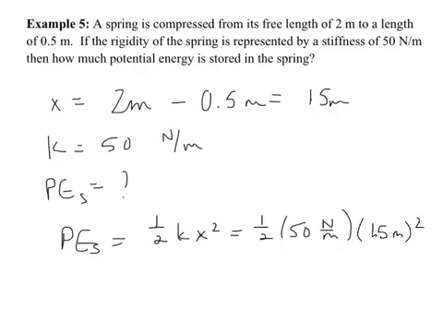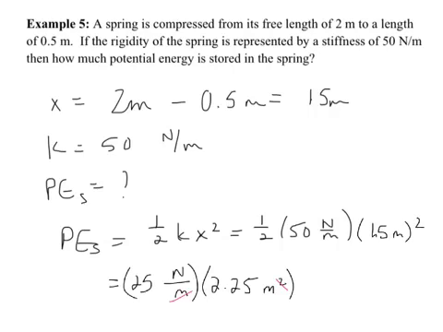Now what we're going to notice in the next line is to take a look at our dimensions here, and we'll see that we have newtons per meter for our spring constant. That's going to give us a quantity of 25 in the front. But then at the end here we have 1.5 squared, which is 2.25, but that's in meters squared now. So we can cancel our meters in the bottom with one of our meters up top,